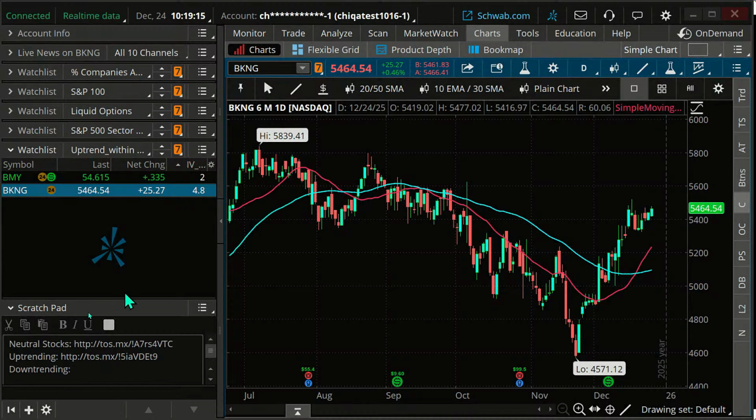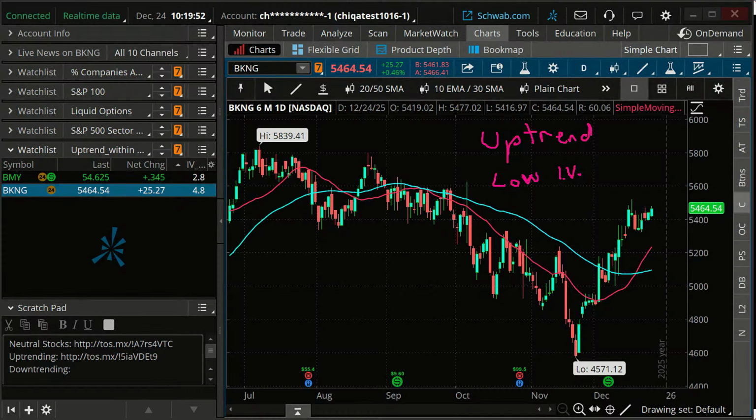All right. So here we go. And then what I can do is, well, what kind of strategy would be something that looks for an uptrending stock with a low IV? Well, maybe a long call. A long call would be an example of one there. Ideally, you're buying it for cheaper if the IV is low. But again, you only do it if you think that IV is going to continue to go up. Okay, so let's do this.